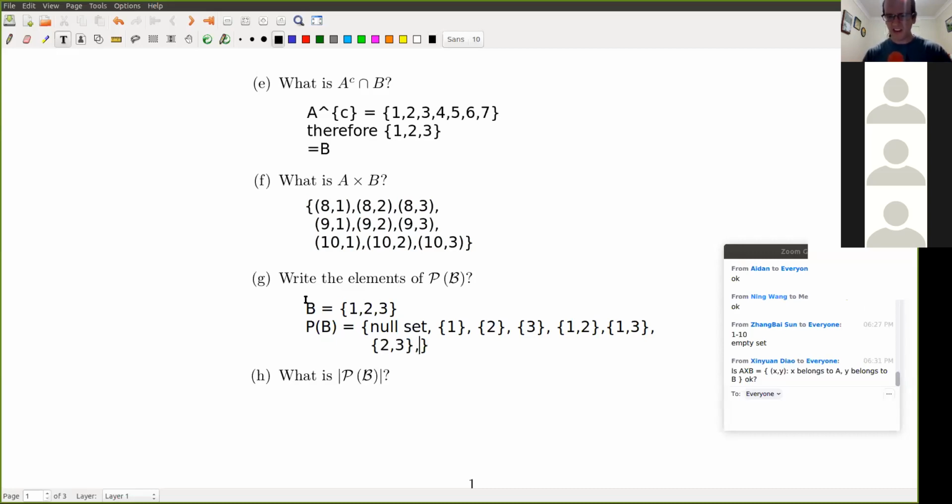2, 3. If I miss anything, guys, please let me know. Remember, order doesn't matter for sets. It matters for tuples, but it doesn't matter for sets. So you just got the null set, the set containing 1, the set containing 2, the set containing 3, {1, 2}, {1, 3}, {2, 3}, {1, 2, 3}, which is B again. Okay, so this guy, what is the cardinality of